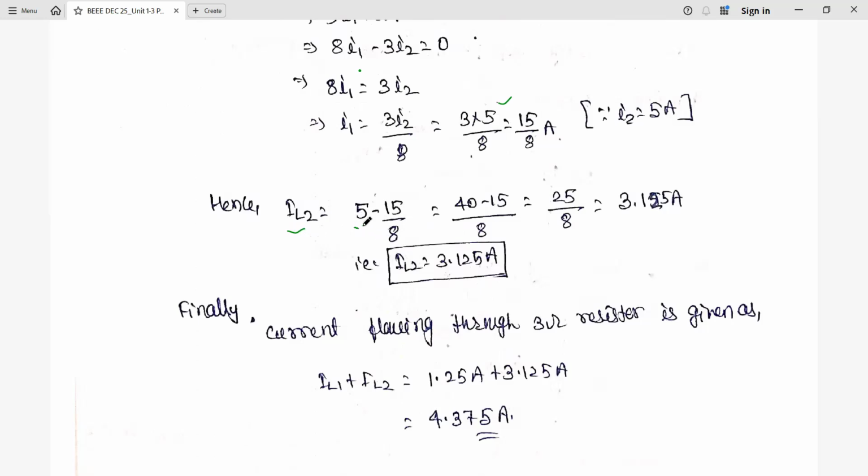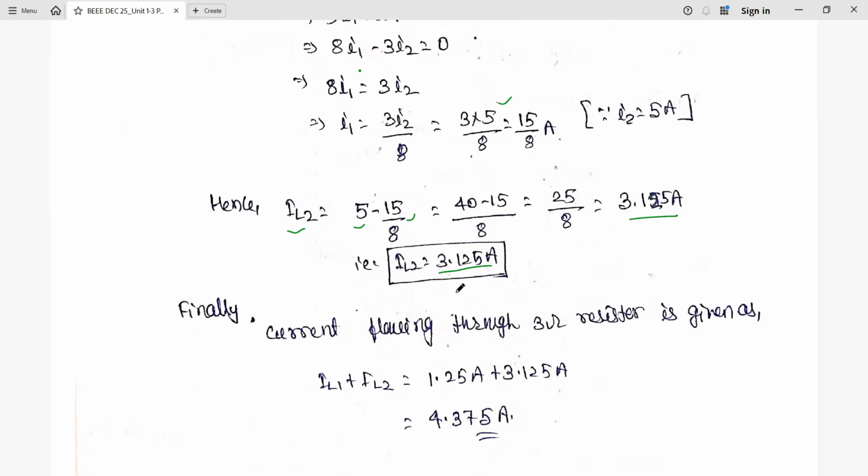So that's why 5 is written first, and minus 15 upon 8 we got the I1. So that difference we are going to get 25 upon 8, which is equal to 3.125. So this is the actual current which is going to pass through the 3 ohm due to the current of 5